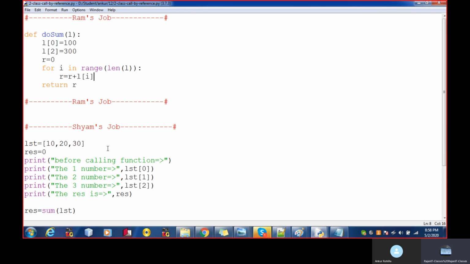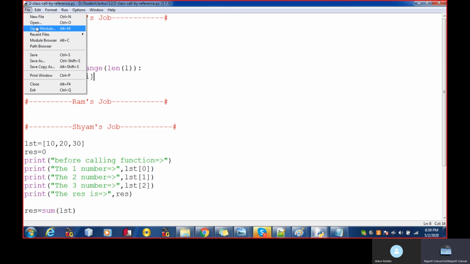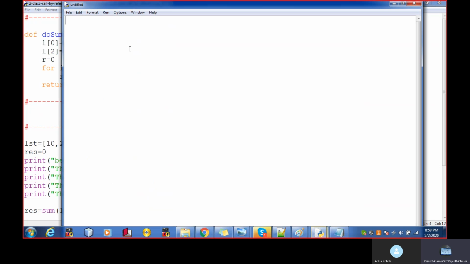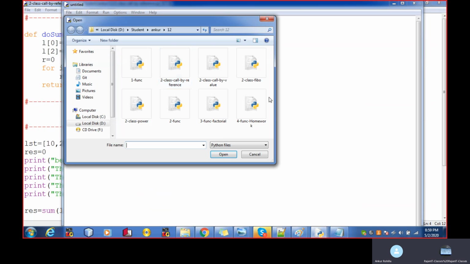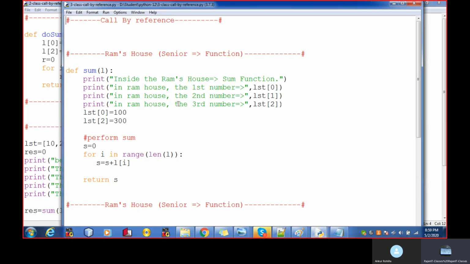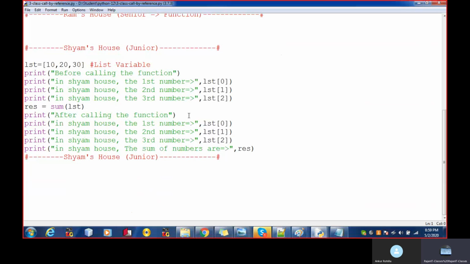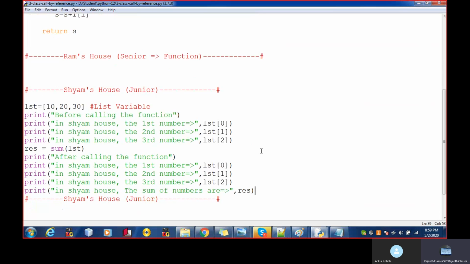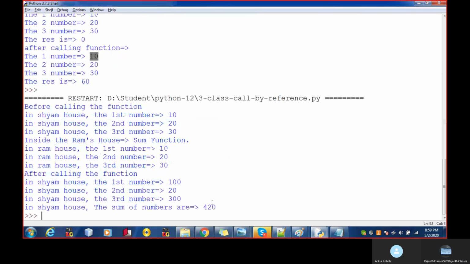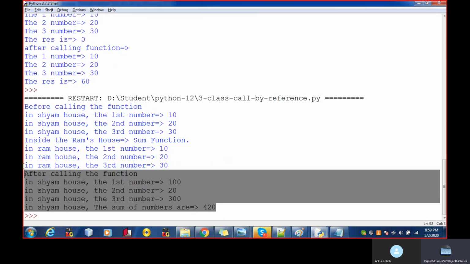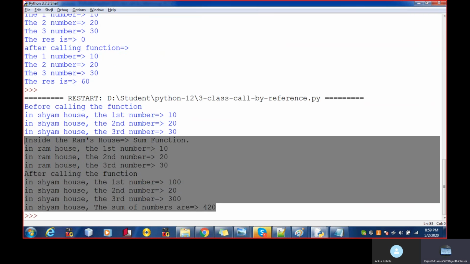We just completed this lecture in today's class as well. Let me open the other program, the one we discussed in today's class, Python 12. Actually, this is for reference.